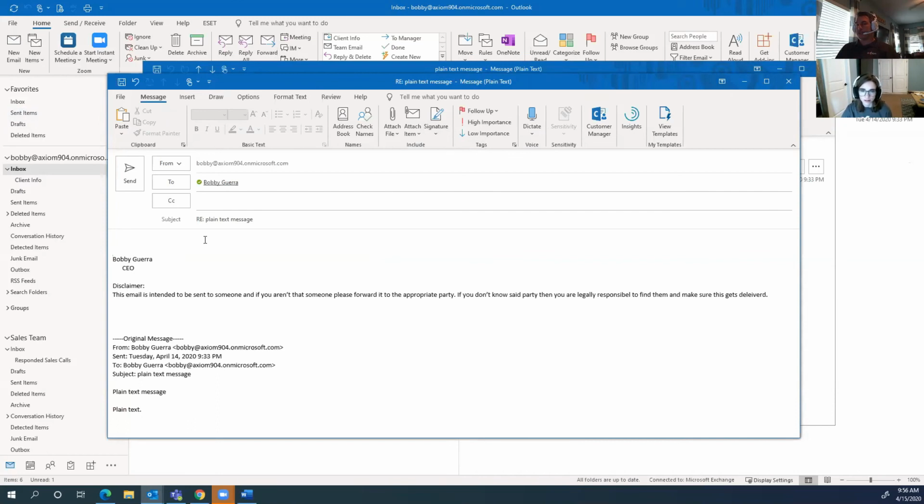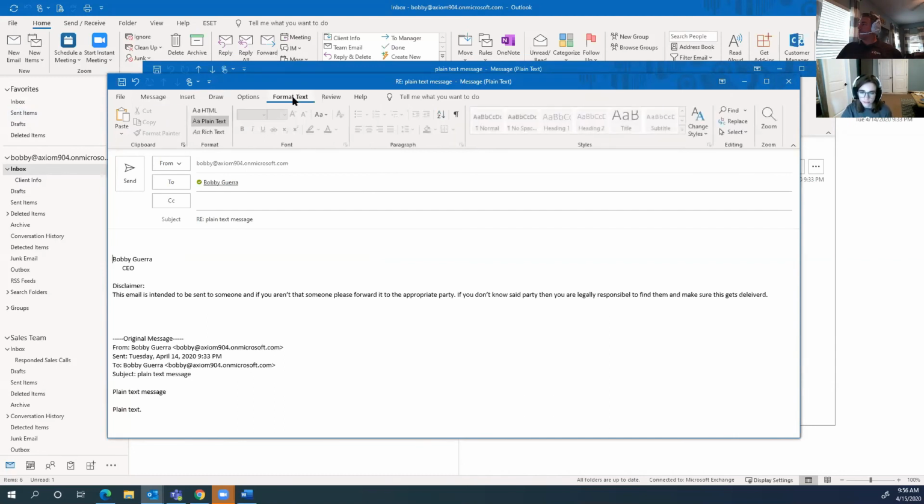I don't know. Is it not formatted correctly? Right. That's the problem. So you have to go to this format tab here. If you notice, it's formatted in plain text. How that happens is sometimes people are sending messages from a phone, or from another device that does not support HTML embedding. And then your pictures or any type of things you're trying to paste in there just won't go. So what you need to do is go to formatting and switch it to HTML.